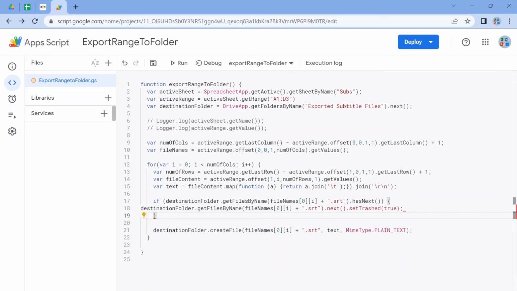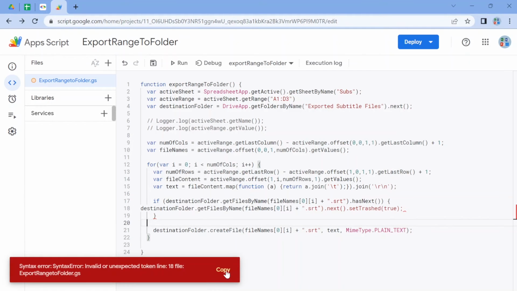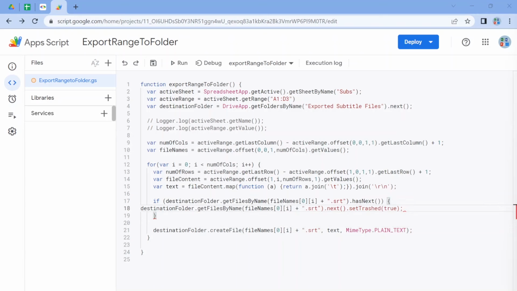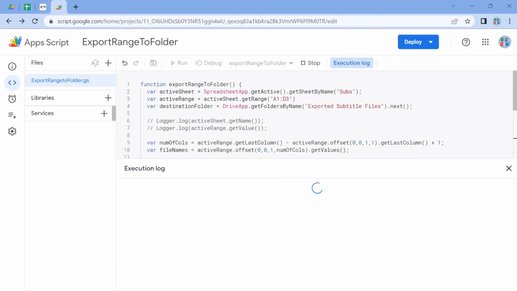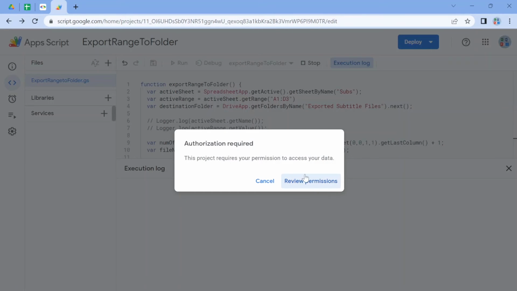All right, so let's go ahead and test this. Oh, okay, there is something wrong. It looks like this quotation mark is a weird quotation mark, so I think that should be okay. All right, so at this point in time, I think we're kind of done with the basis of the macro here. Let's run it, and let's see that the files are going to be exported.